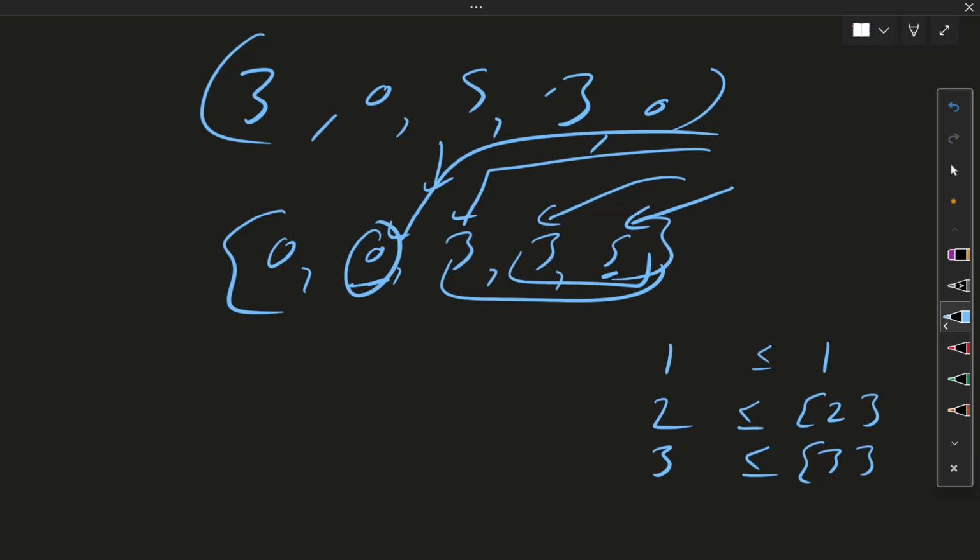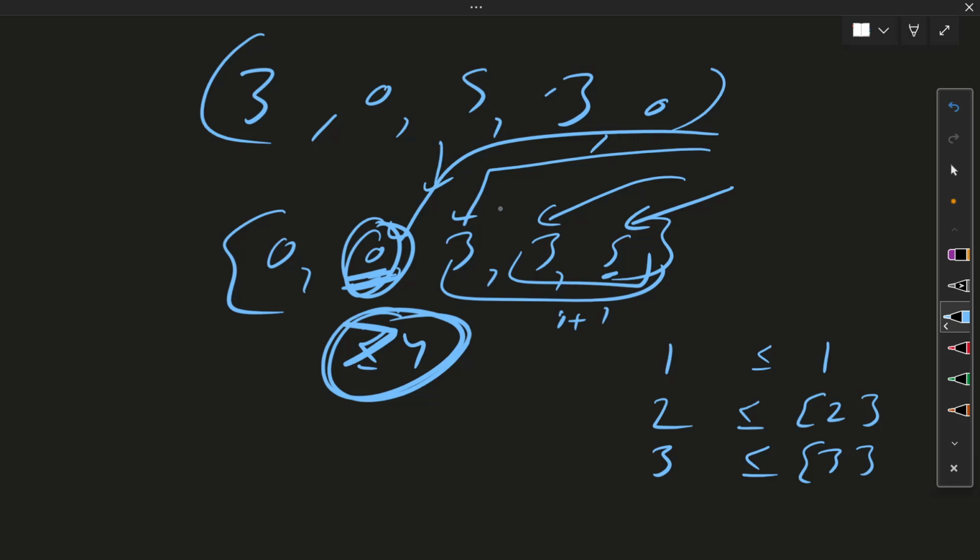So we will check just for the current value, because we know from i plus 1 till the end we are fine. We just need to check for the current element. Is the current element greater than or equal to 4? If this is the case, we are fine. But here this is not the case. We only got three papers.